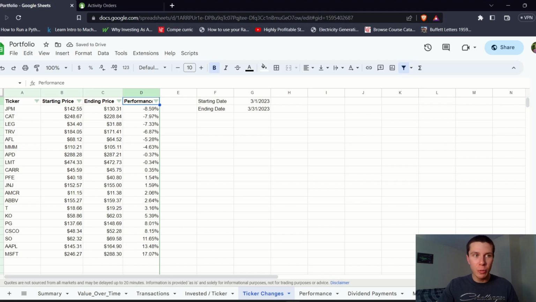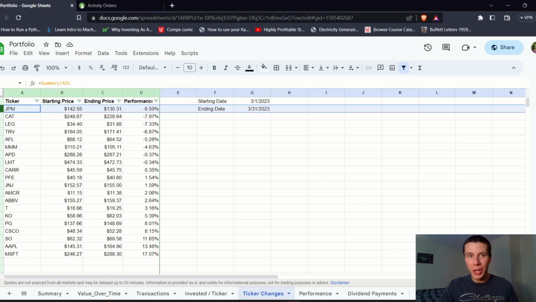So we can see the worst performers this month was JP Morgan, down about 8.5%, Caterpillar and Leggett & Platt down 7 to 8%, which I'm happy to see Caterpillar going down because it's pretty expensive right now, I think. So if we can see it keep going down, then maybe it'll be at a better buying opportunity and I